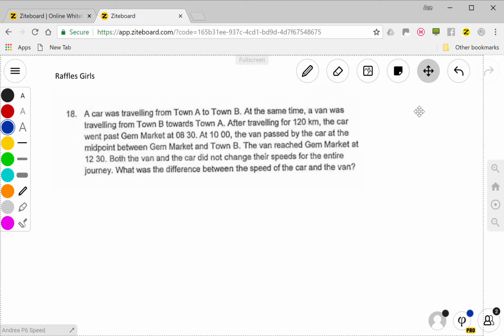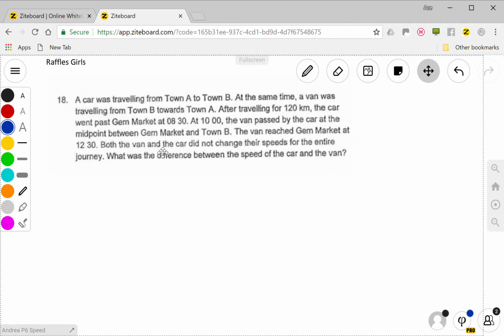What's going on, because the question is a bit complicated. Okay, so a car was traveling from town A to B. At the same time, a van was traveling from B towards A. So let's draw one line. So we have A and B over here. So the car starts from A, and then the van